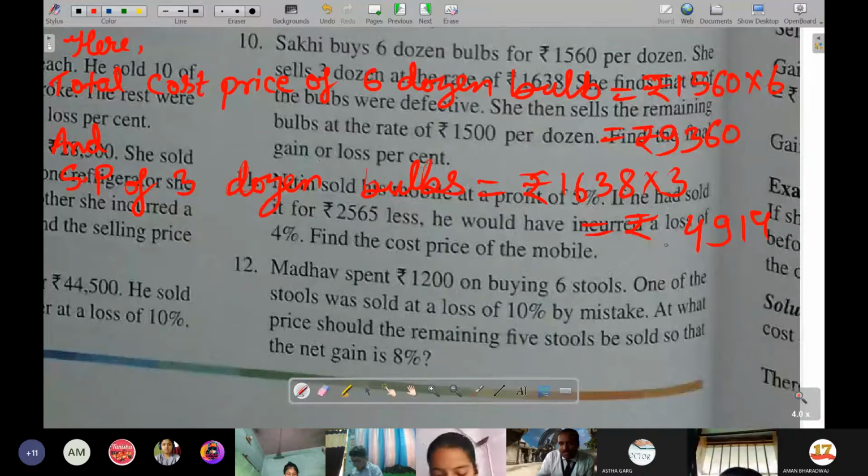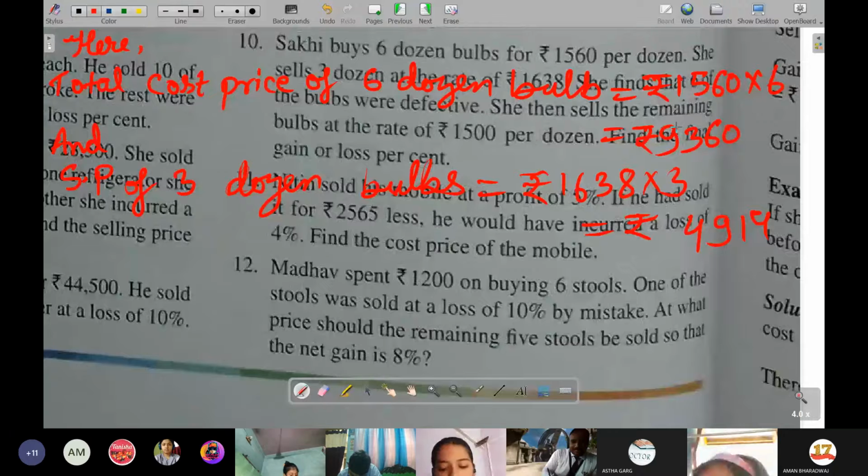Okay, she finds that 6 bulbs were defective. Now, how much bulb is remained? Only 2.5 dozen. Do you know why only 2.5 dozen is left to be sold? Remaining bulb is now only 2.5 dozen. Wasted. Yes, because 6 bulbs were defective and she can't sell them, that becomes wastage.